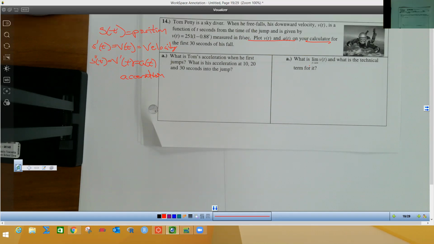Now, when you do the derivative graphing, you're going to notice it takes forever for the derivative to graph, because your calculator's got to do the derivative of each little point, and it takes forever. So when I look at my graph right now, and I use the window I just told you, my velocity function